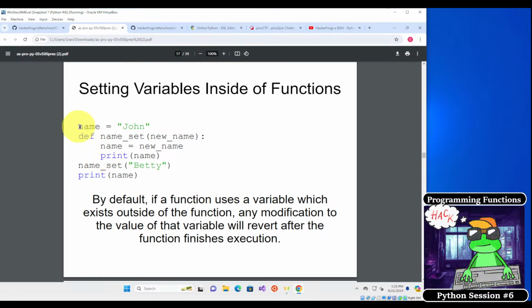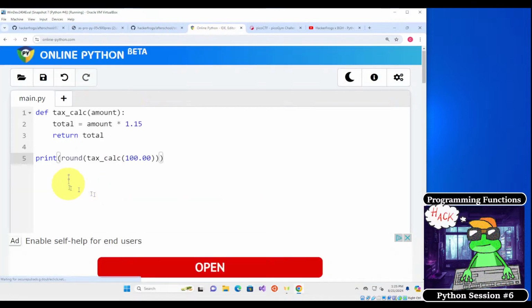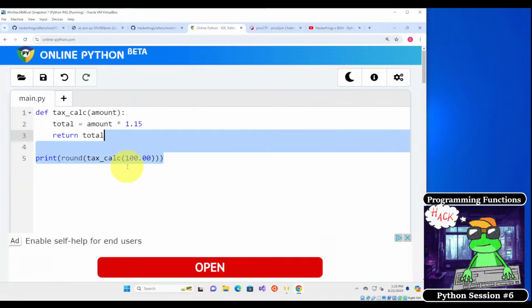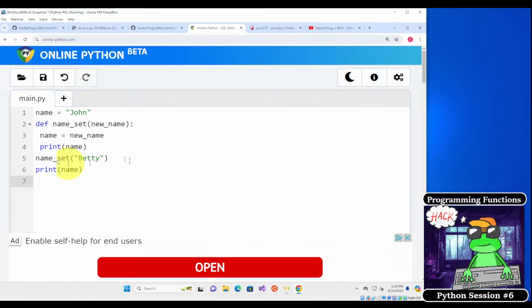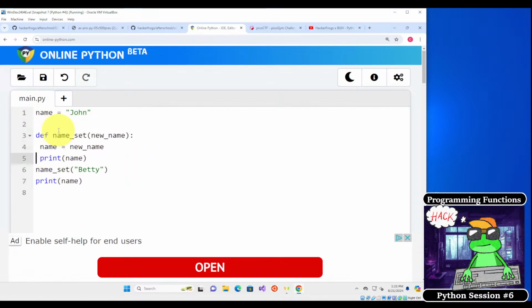Okay, so let's try this out real quick. Let me just copy this, and I'll demonstrate inside of Online Python. So we've got name equals John, and then we make this. Let me clean this up a little bit. This is the function, this is the variable, and this is the name being set by this function here. So when we print the name,